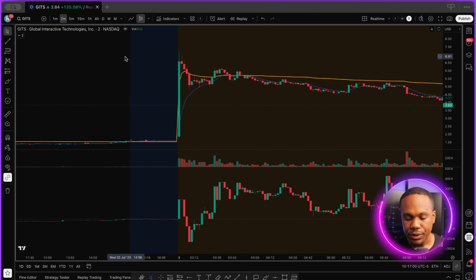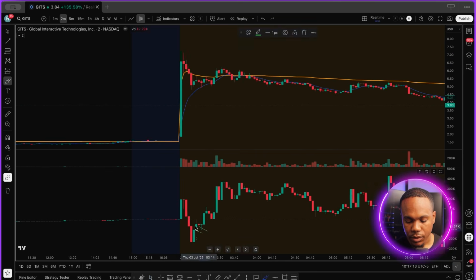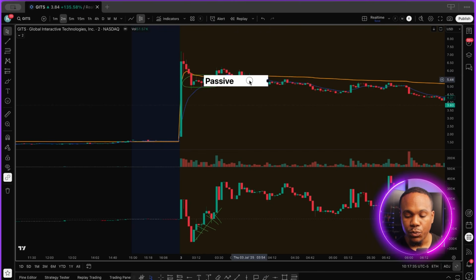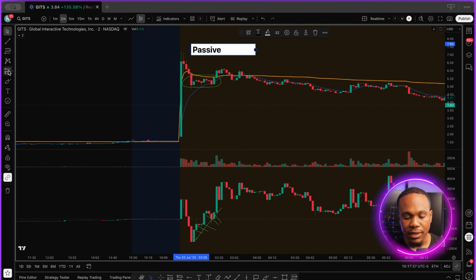Why isn't price moving? Price isn't moving because of the passive seller sitting there. So the buy orders are coming in here, but price isn't moving. So the buyers have now shown over this little time span to be more aggressive than the sellers, but price is not moving. If you didn't know about this, this is important. There's a passive trader here. A passive seller, this is where institutions hide. As I mentioned, they hide their intent in the passive orders.